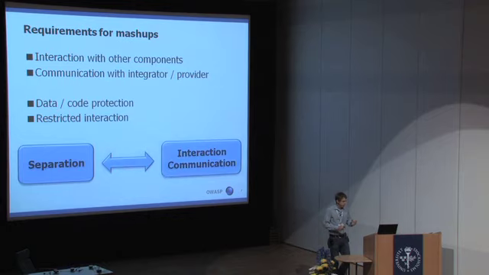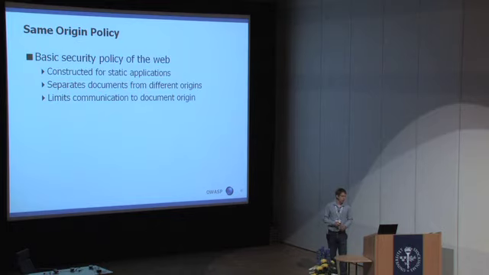So these requirements are quite conflicting. On the one hand, we have separation, so we have the need to separate components from each other. And we have the need to achieve interaction and communication, which kind of breaks this separation. So finding a good balance is important, and basically ensuring that this balance can be enabled in a secure way is even more important. But before we get to that, a bit about the same origin policy, of which you probably already know,